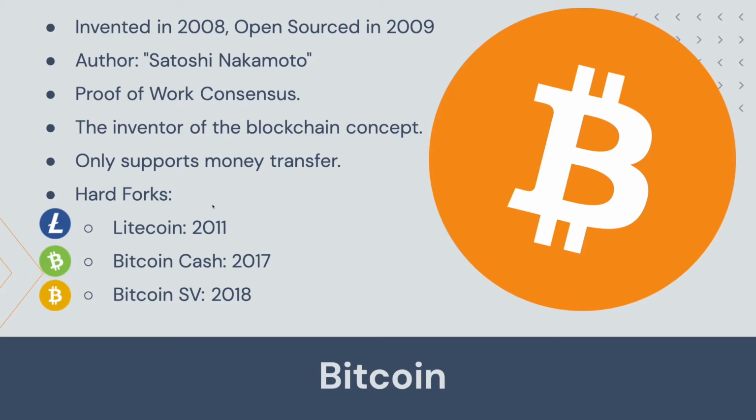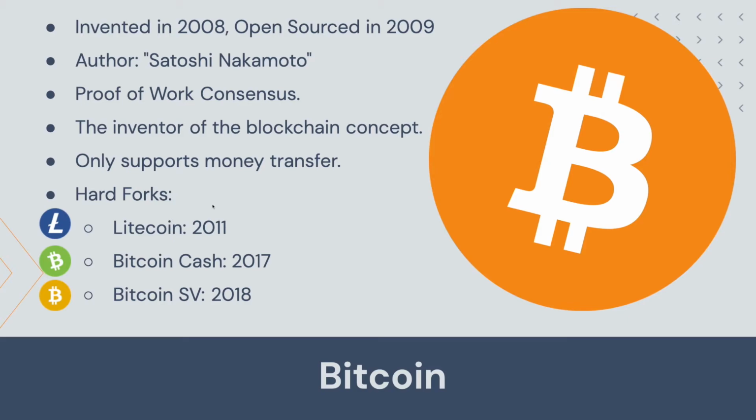And here comes the big one, Bitcoin. It was invented in a white paper in 2008, and the first implementation was open sourced in 2009. The author is Satoshi Nakamoto. Nobody knows who he is. That's the simple answer. Nobody knows. He could be a person, he could not exist, he could be an organization, he could be the CIA. Nobody knows. There's a huge wallet with a huge amount of money to his name, but it has not been moved since 2008. So nobody knows.